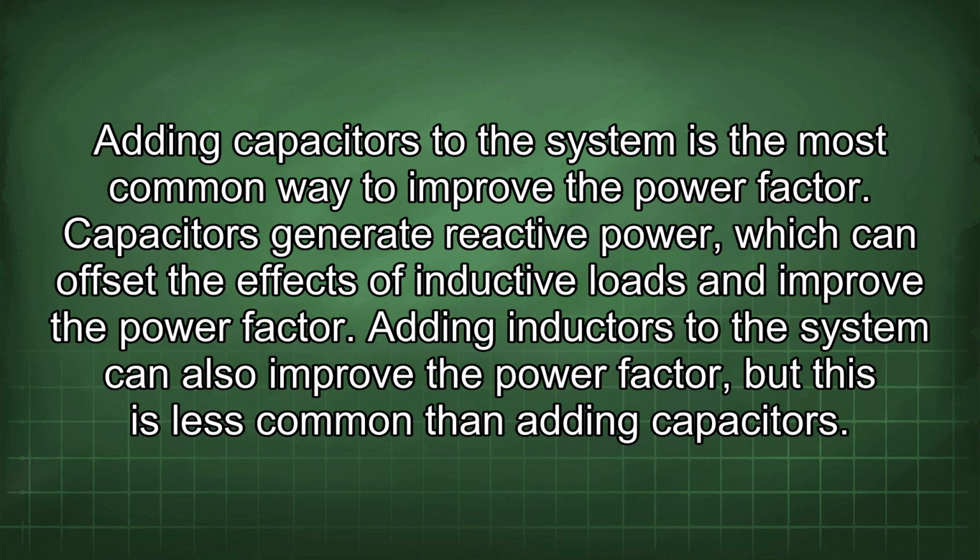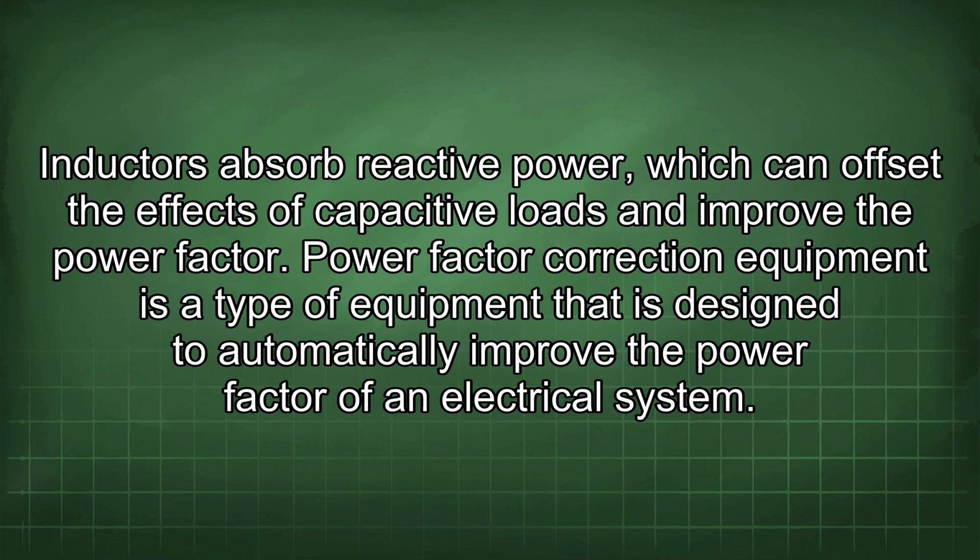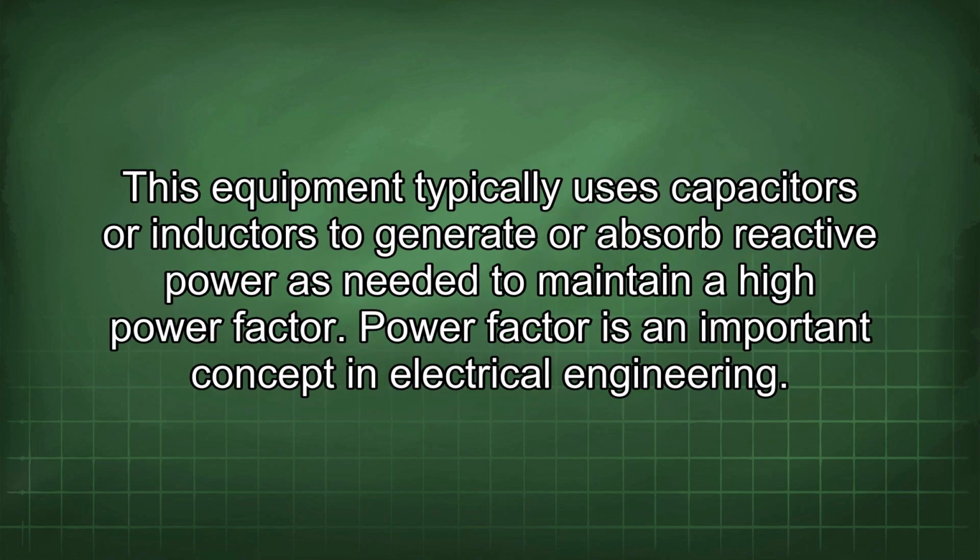Adding inductors to the system can also improve the power factor, but this is less common than adding capacitors. Inductors absorb reactive power, which can offset the effects of capacitive loads and improve the power factor. Power factor correction equipment is a type of equipment that is designed to automatically improve the power factor of an electrical system. This equipment typically uses capacitors or inductors to generate or absorb reactive power as needed to maintain a